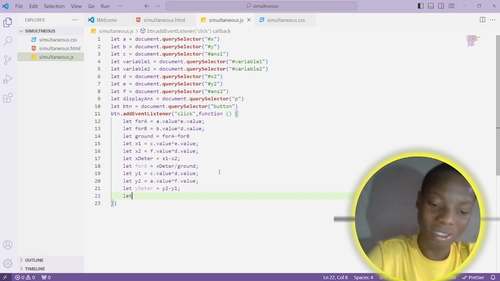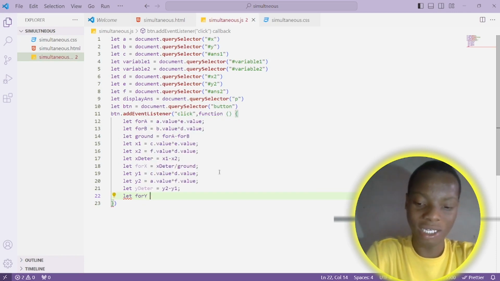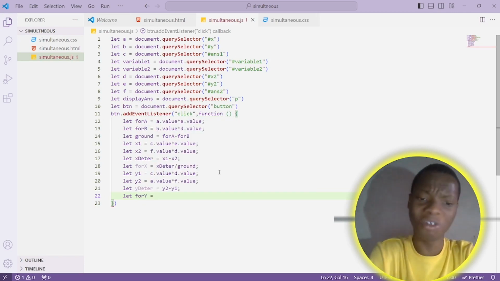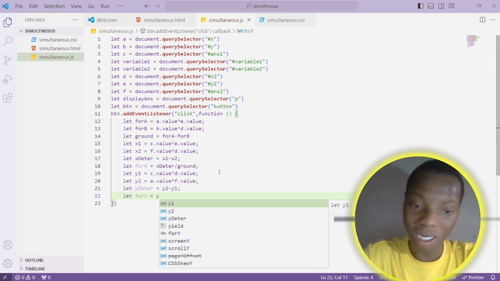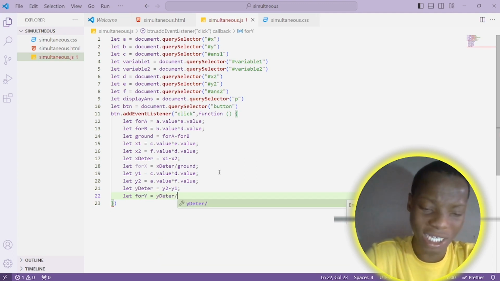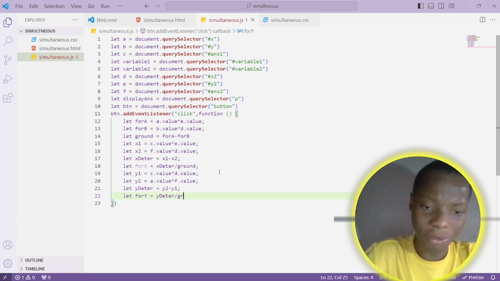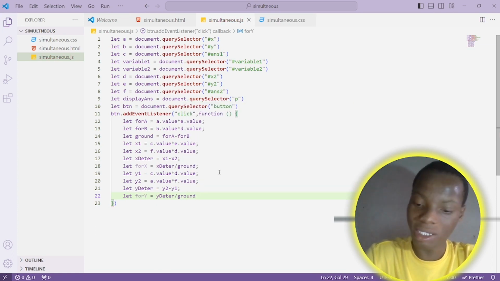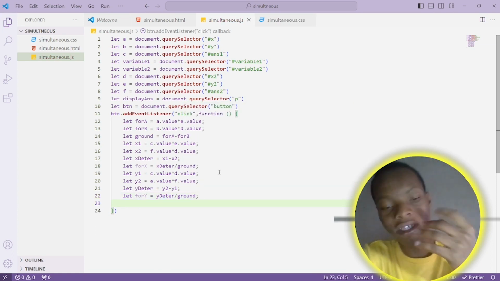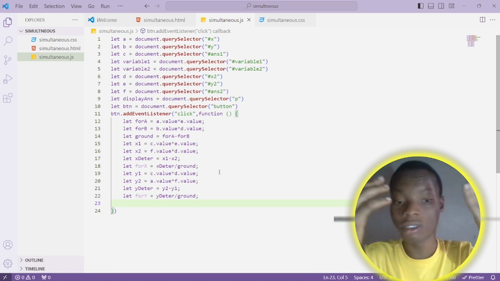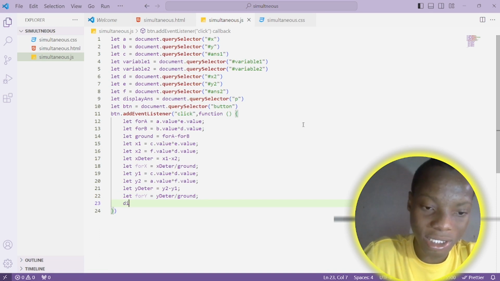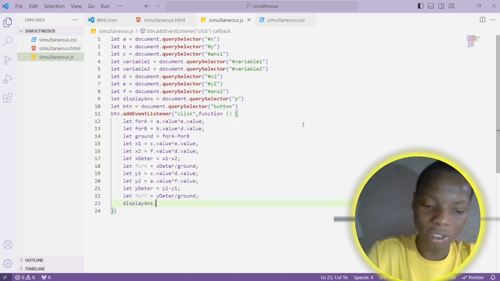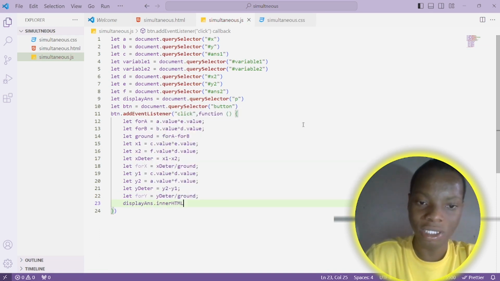Let y equal, that's where you're just getting it. That's all. Let y equal to the y data divided by ground. You see, you are just getting it divided by ground. Yep, it's ground. So after this, what we're going to do now is look them together inside that display answer. So display ans dot inner html equals to,